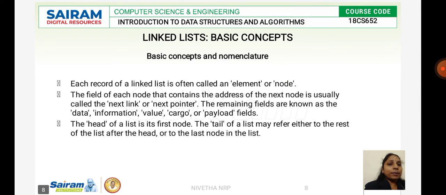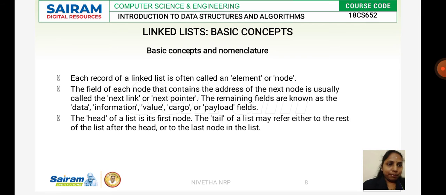We'll see what are the basic nomenclature we follow in linked list. We have element. Element is nothing but the data we are using in an application or a program. And next nomenclature is node. Node is nothing but the data, along with the pointer, that is, it is specifying the address of the next element. Okay, so we use the terms element, node, next link. The other terminology we use here is link, which is associated with the address of an element. Then we have next pointer. Either we use it as a next link or a next pointer, and when we refer to an address of the next element, we use either next link or next pointer.